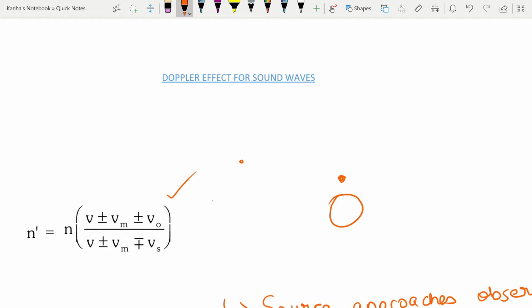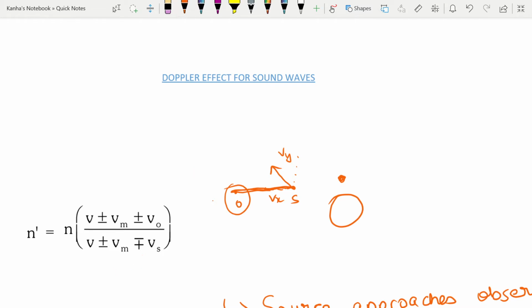For example, if this is my observer, this is my source, then in these definitions I am assuming that these are along the line joining these two. Okay, if this is not the case, if observer is here, a sound source is here, but source is emitting a sound in this direction, so that will have a component Vy, that will also have a component Vx. So whatever component is along this line will be involved in calculating the apparent frequency.